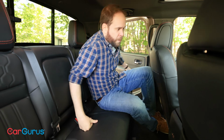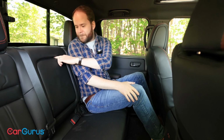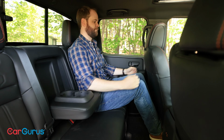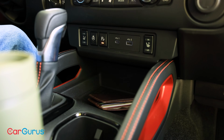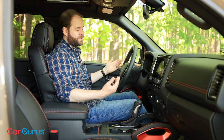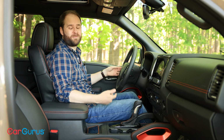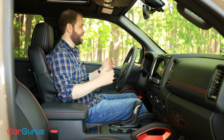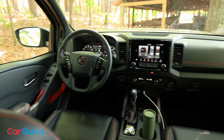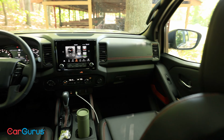Space in the back is a little tight, but it's fine as long as you're not road tripping with 4 adults. The cup holders are a good size, as is this forward bin and this wireless charging pad. There's also a lot of plastic in the Frontier, but like I said, this is a truck that just feels like a truck. It's easy to see out of, there's really not much to distract you,